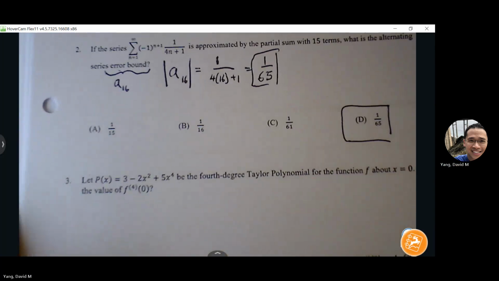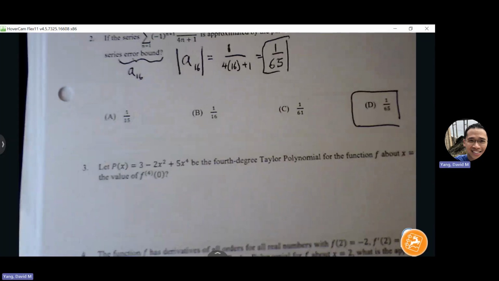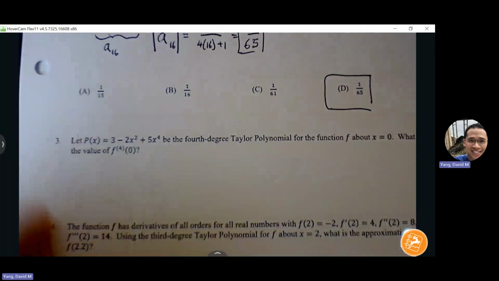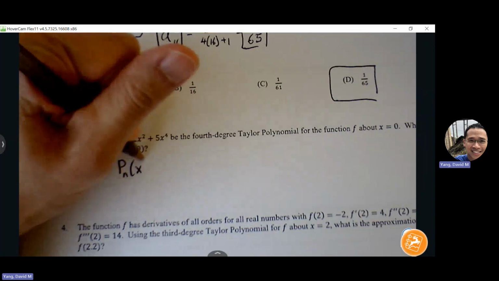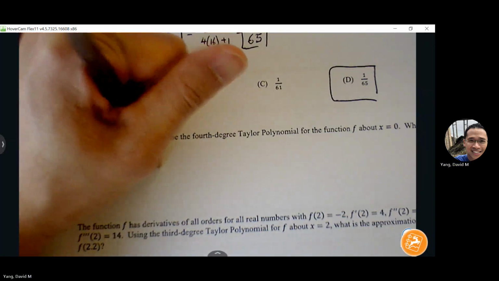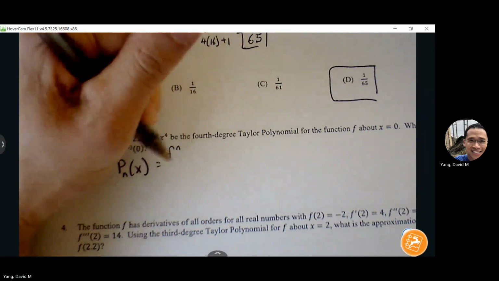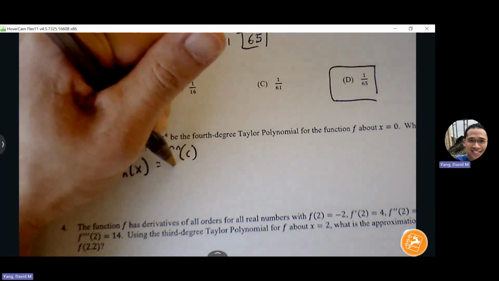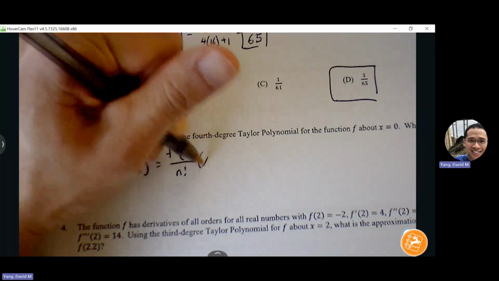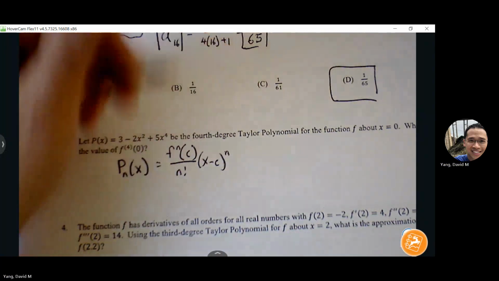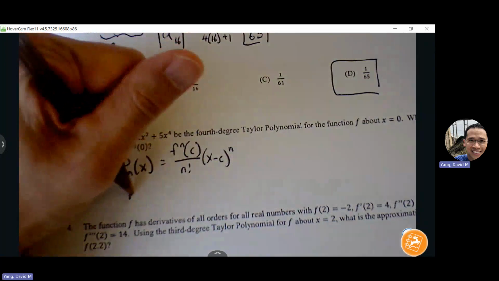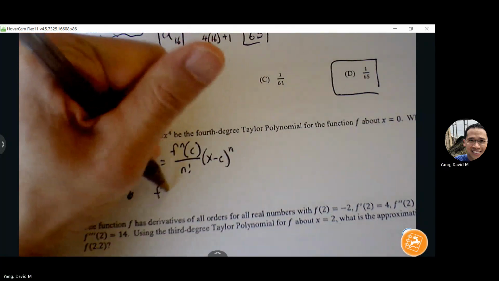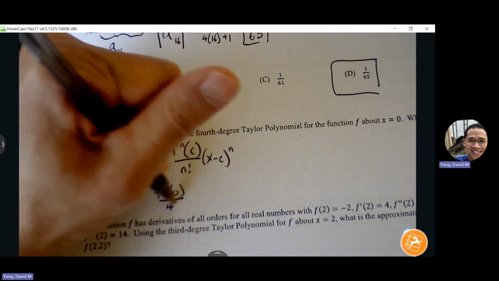Okay, try number 3. We have a 4th degree Taylor polynomial. What is the value of the 4th derivative at 0? So if I just know how my Taylor polynomial is built in terms of the format, it is the nth derivative evaluated at c over n factorial, times (x minus c) to the n. So the 4th term, which is the 4th degree term, will be